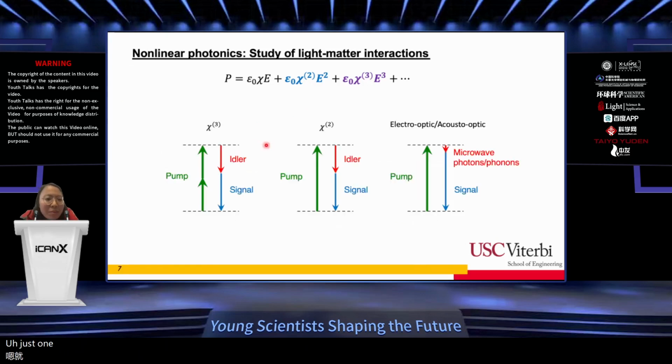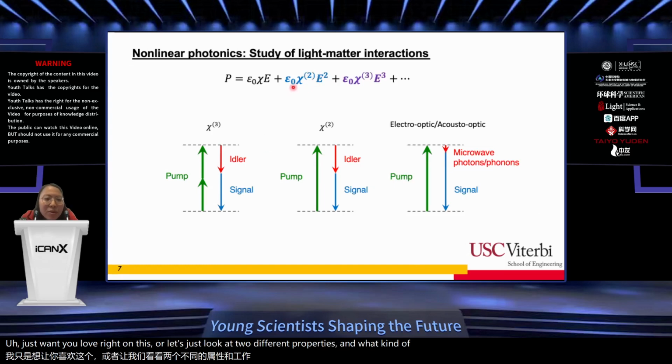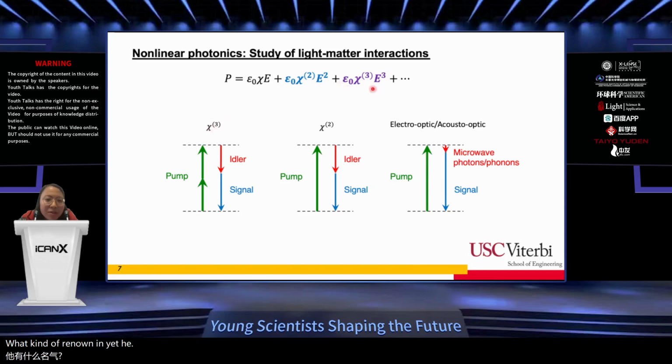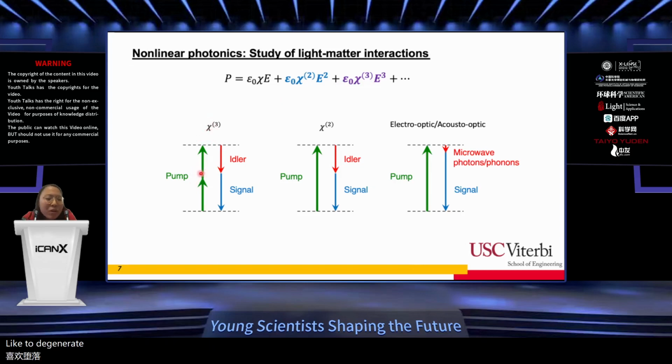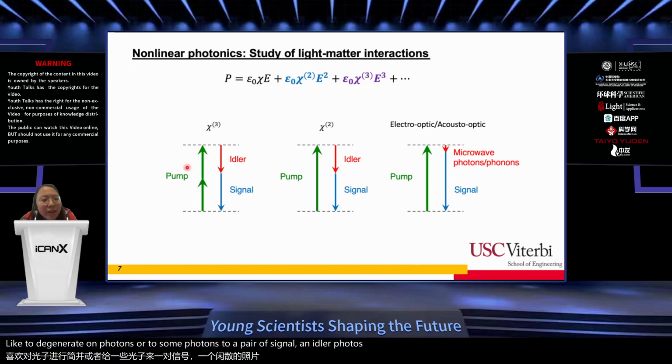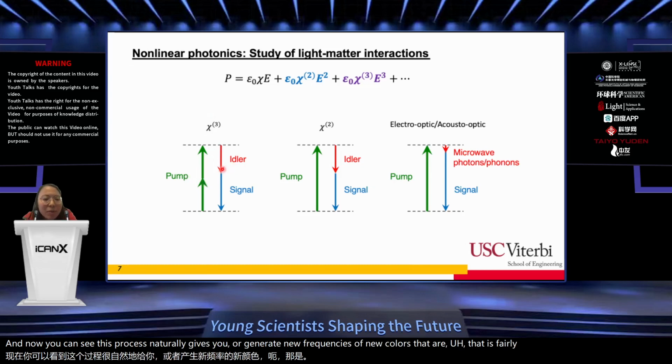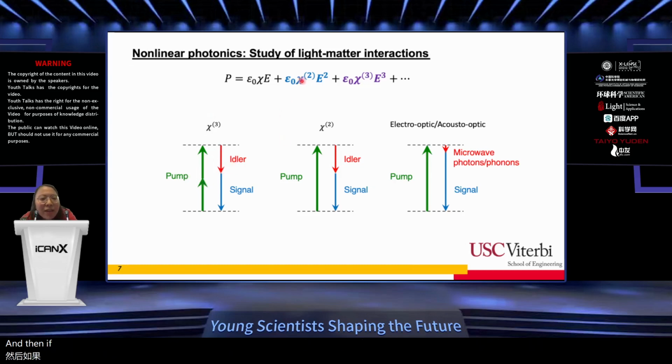Just want to elaborate on this. Let's look at different properties and what kind of process each will enable. For example, the Chi3 nonlinearity, which is the third order term here, allows a process that converts two degenerate pump photons to a pair of signal and idler photons. You can see this process naturally generates new frequencies or new colors that are fairly close to the pump frequency. And then if you look at the Chi2 nonlinearity, that enables the process called three-wave mixing,